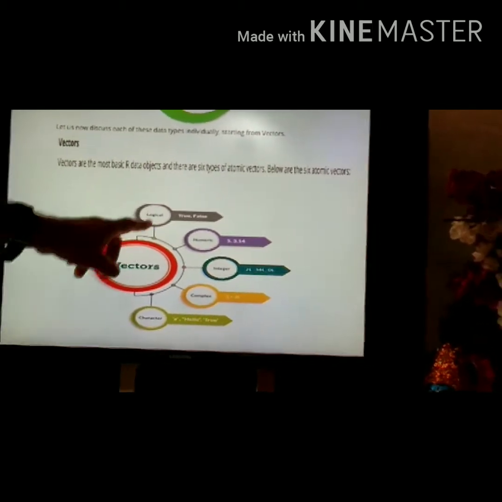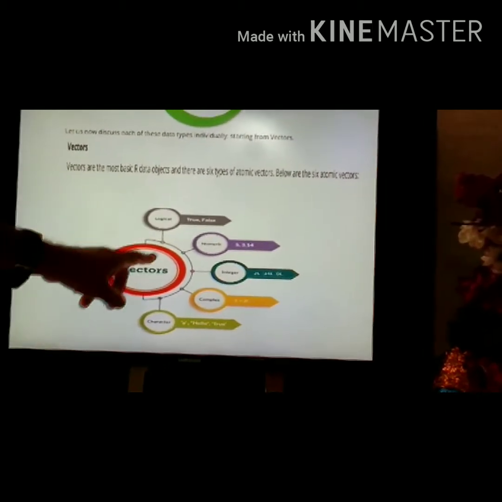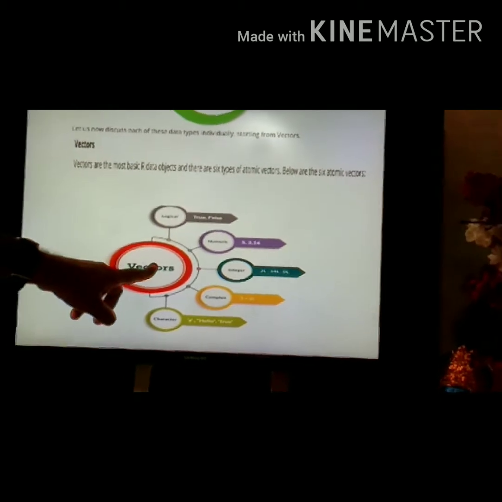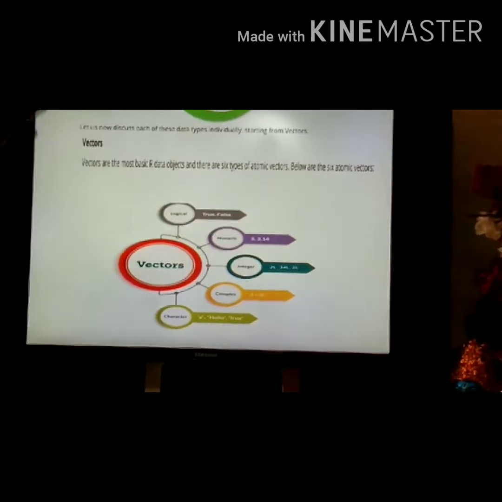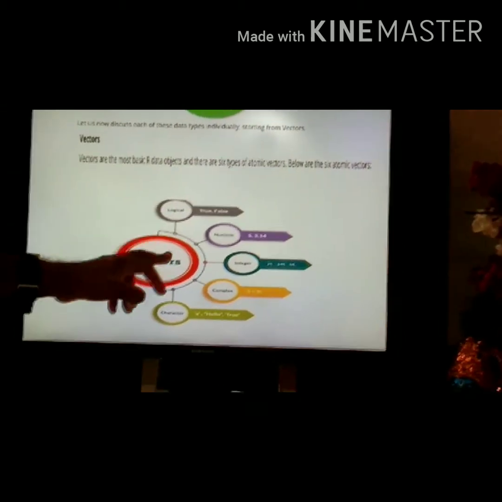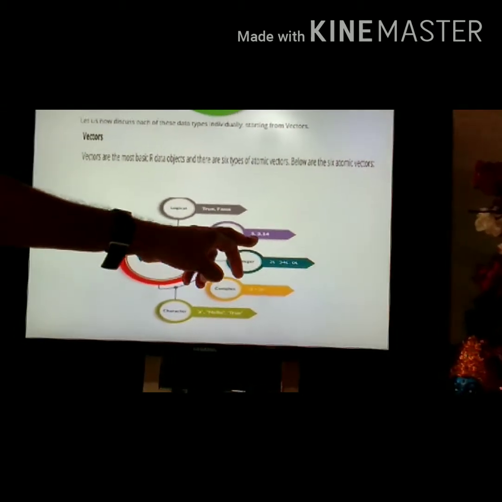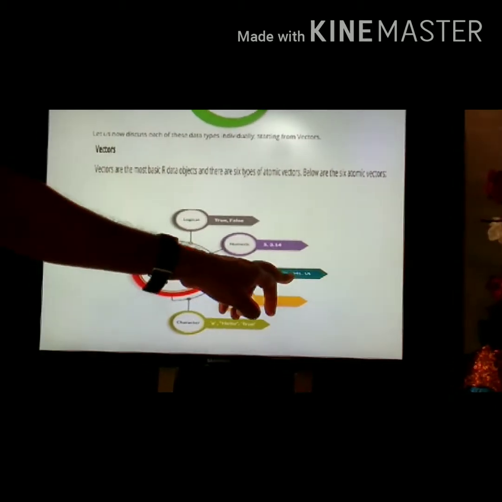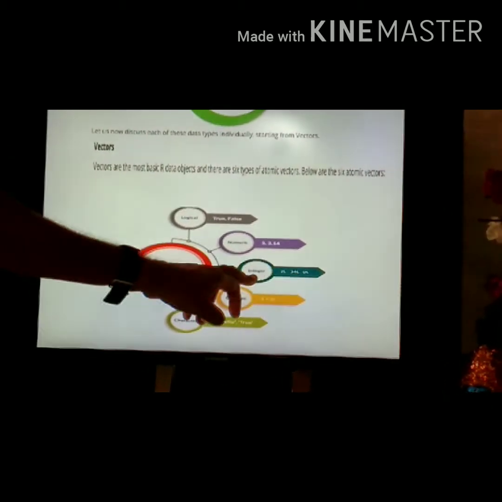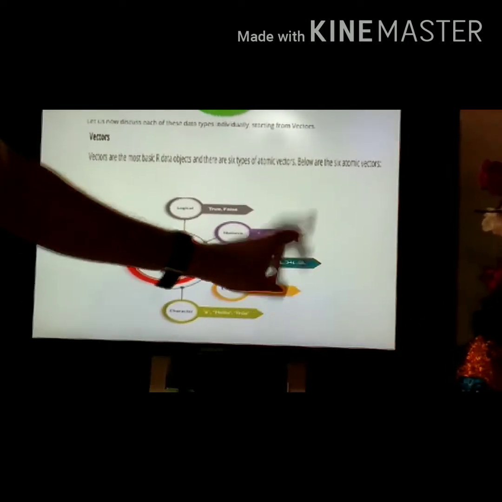So what are logical vectors? True and false are the logical vectors. You can write either true or false. These are always the logical vectors for R programming. Numeric value: you can write a single numerical value or a decimal numerical value. Integers: any numerical value written in terms of units is an integer value, like 2 liters, 34 liters.